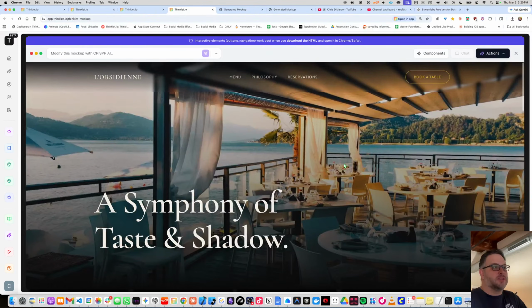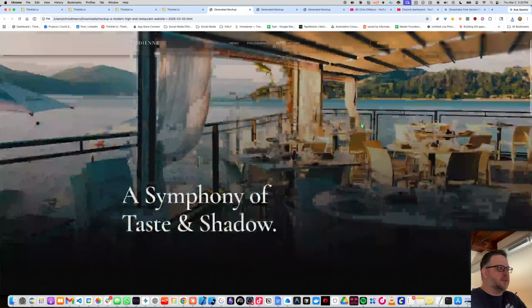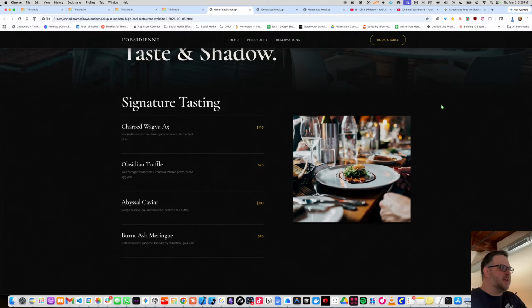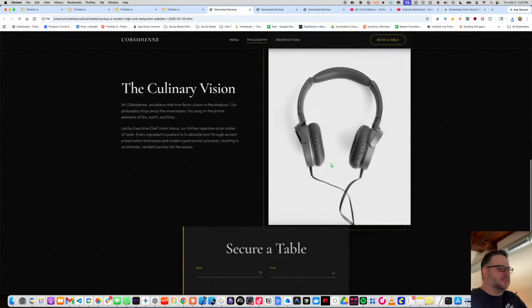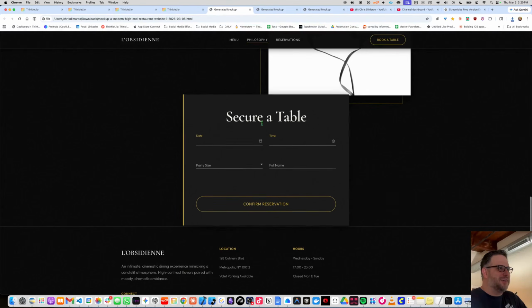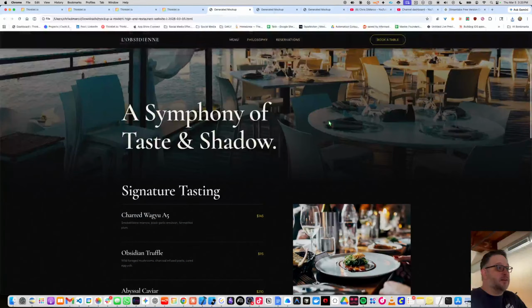Gorgeous. Now, what you're noticing here is we just got to download it to look at the JavaScript. JavaScript is that interactivity, as you see. There he is, right there. Signature tasting. Look at this. Crazy, crazy stuff. The culinary vision. Secure a table, and there you go. So, I mean, you're basically 90% there to a website already